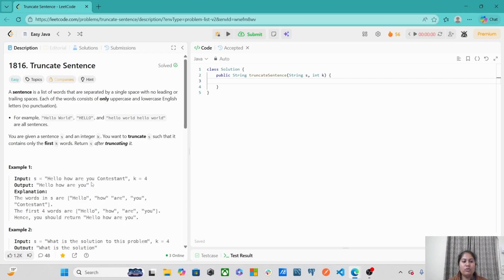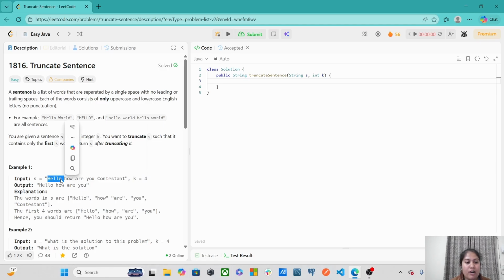So, guys, can you think that there is a relationship between the number of words in a sentence s and the spaces which it contains? Yes, you are correct, guys. If there are n words in a sentence, there would be n minus 1 spaces in between the words in the sentence s. Here comes the logic. Suppose k is equal to 4.